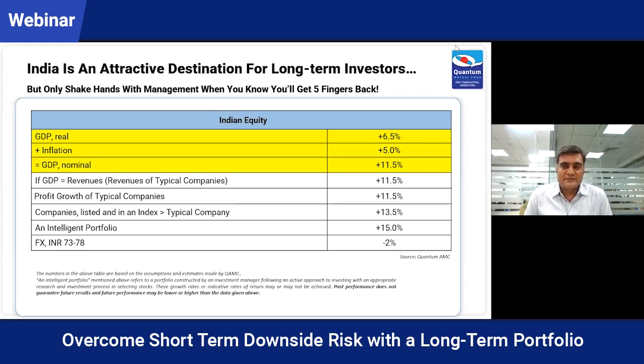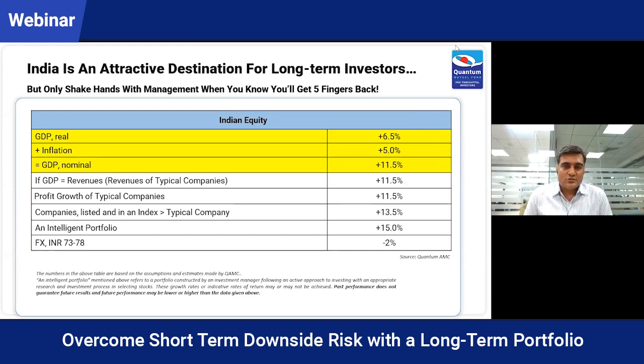So we always believe that when one is looking at Indian equities, one should look through the prism of close to 6.5% growth in real GDP terms, and not a 9-10% growth, which can be a blip. So if you anchor your expectations to that kind of GDP growth, your return expectations are quite well managed, and your portfolio returns are also as per your expectations.